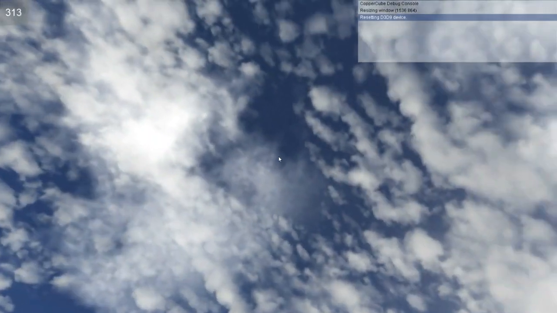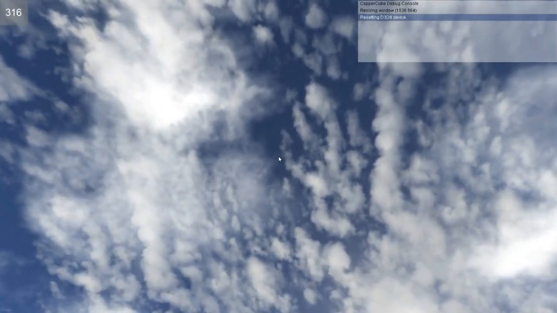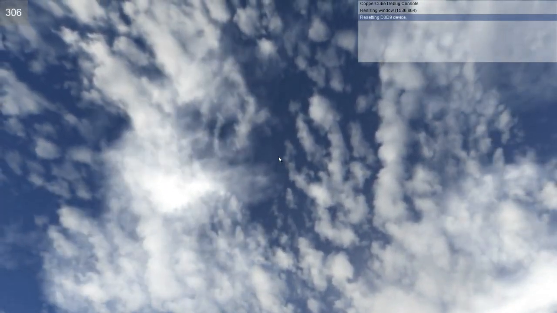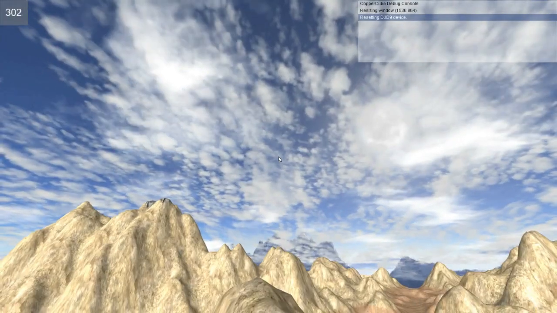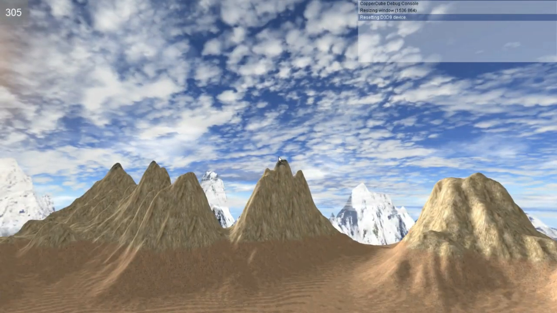I can change the direction and speed. So watch the lower cloud level. Now it's changing direction and speed. That's using a vector 2 that I added into the engine. Now this is dynamic lighting. The main difference between the two